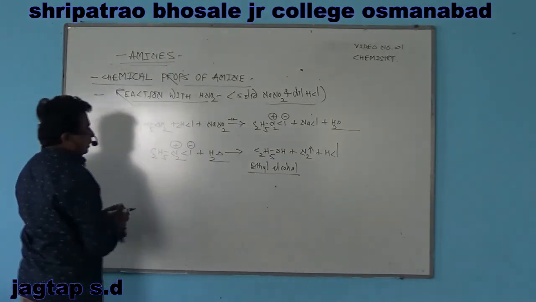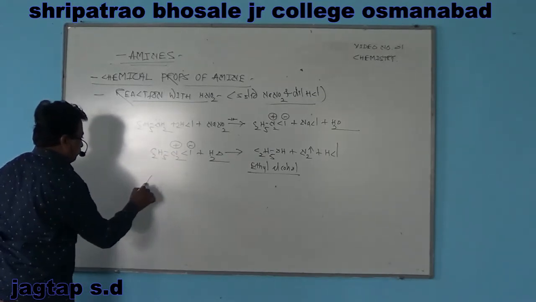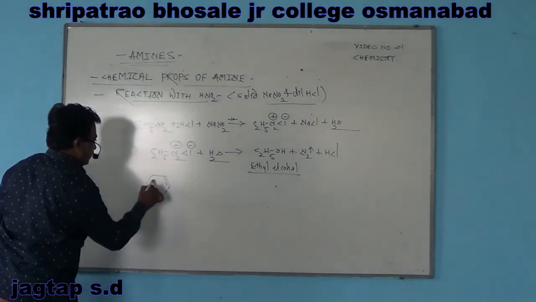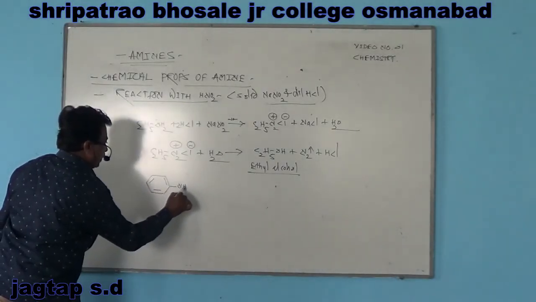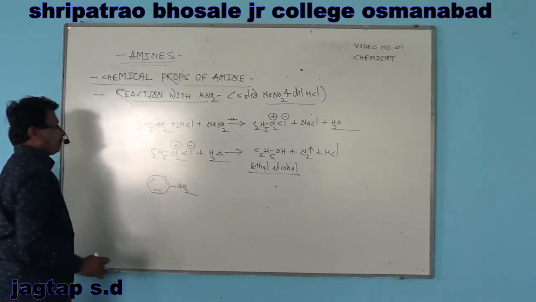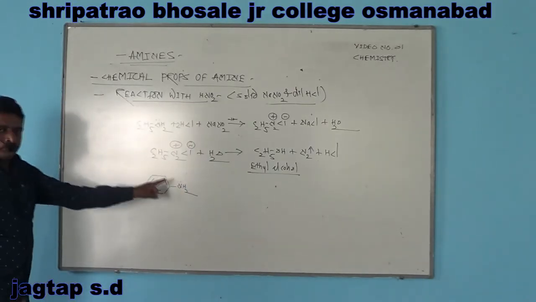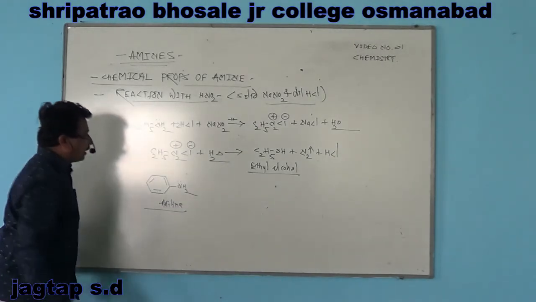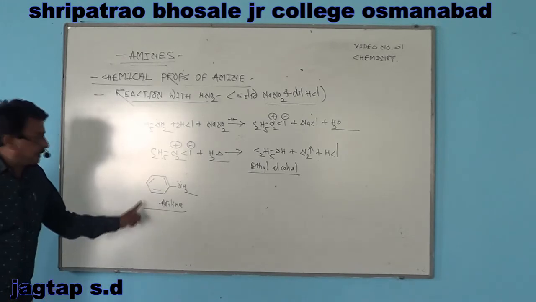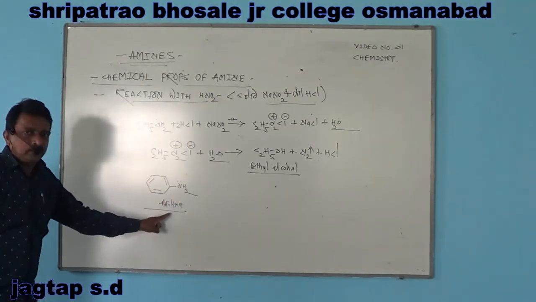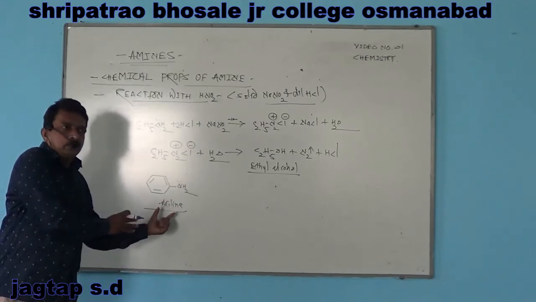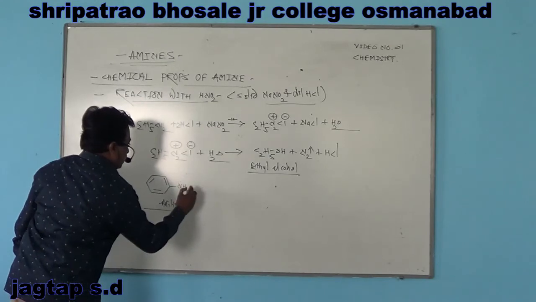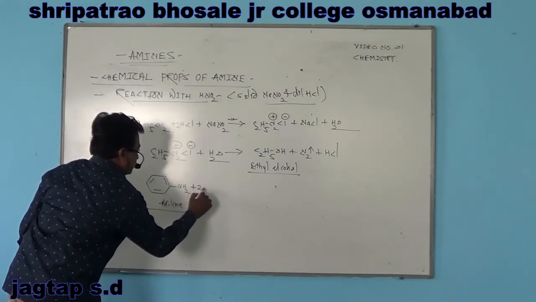Then the aromatic primary amine, in which the amino group is directly attached to an sp2 hybridized carbon atom of the aromatic ring. It is named aniline. It is also known as phenylamine, and also as benzenamine. The name aniline is used in common as well as in the IUPAC system. Aniline in HCl reacts with nitrous acid